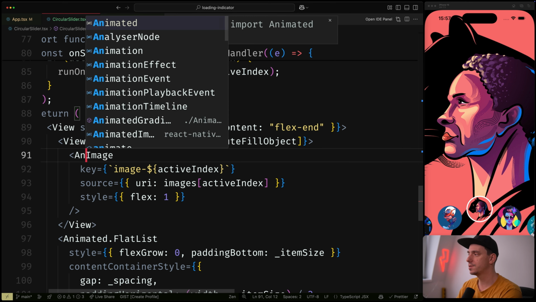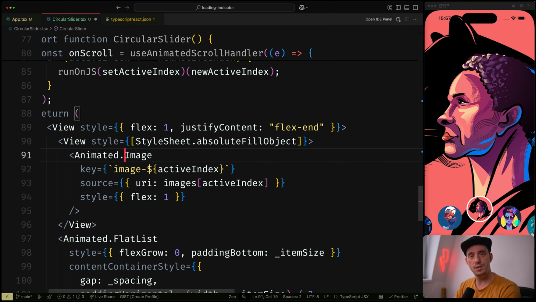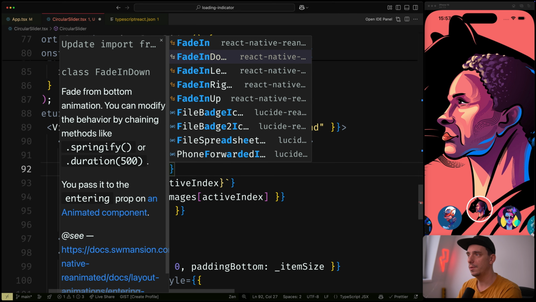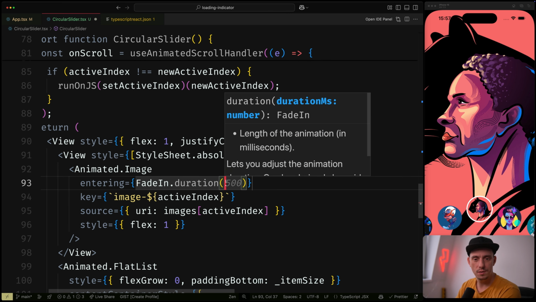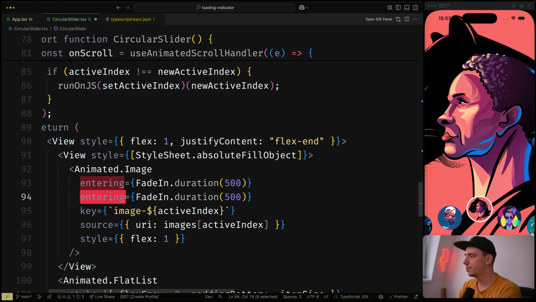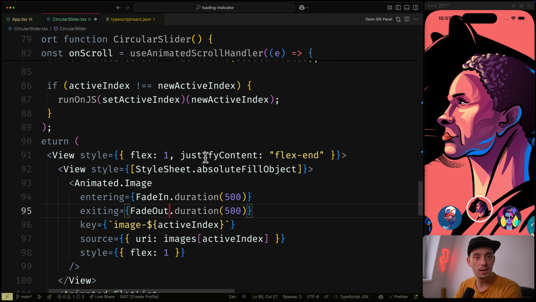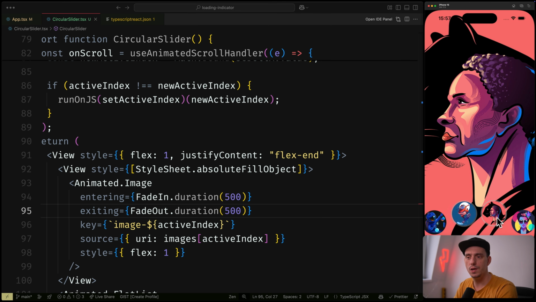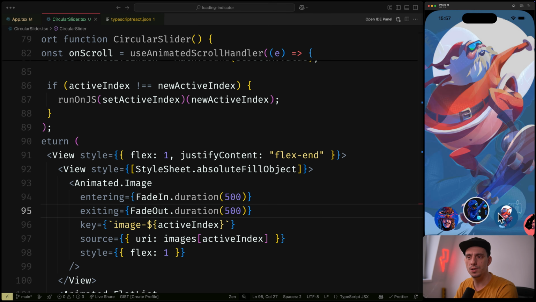And since we have this version, let's convert this into an animated image and apply an entering as fade in that's coming from React Native Reanimated, and we can specify a duration of, let's say, 500, and do the same for exiting. Exiting is going to be fade out from React Native Reanimated. Hit save, and now when we are going to change Rook, you see there is a small animation which is